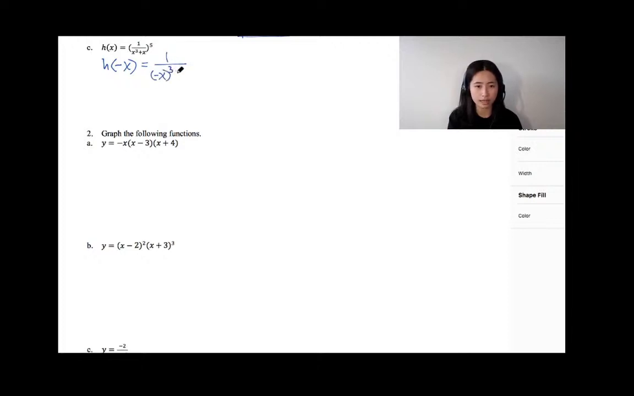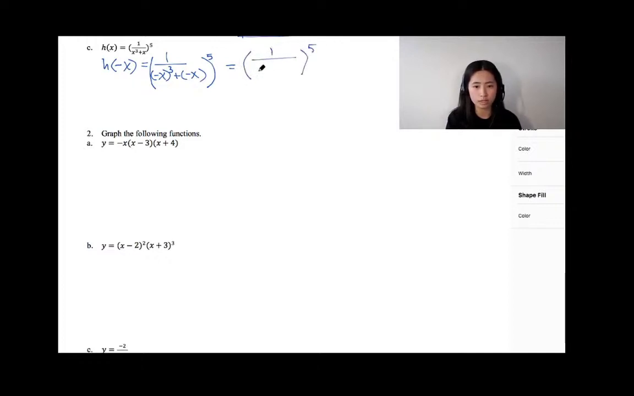cubed, and this is going to be plus negative x raised to the power of 5. Okay, there we go. So as a result, remember what I said about if you have a negative coefficient, you're raising it to an odd exponent. Therefore, the number would remain negative, right? So that's what we're going to do. So we have